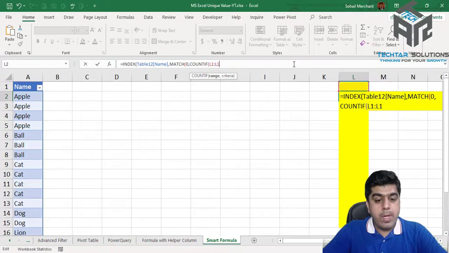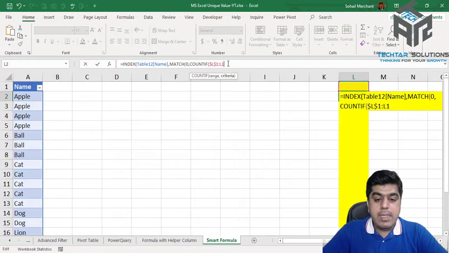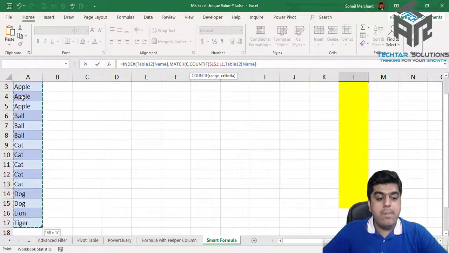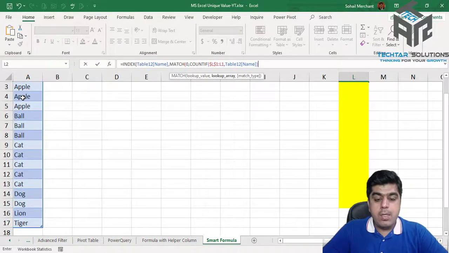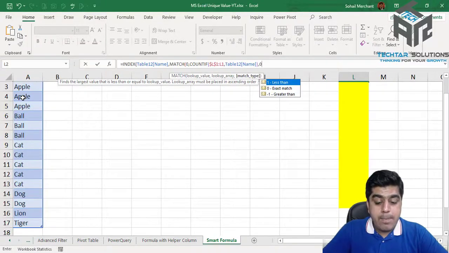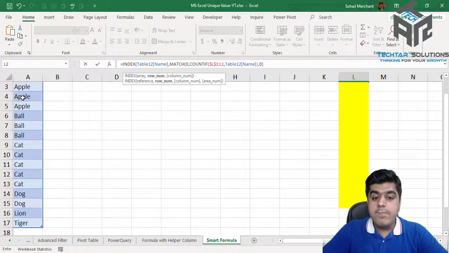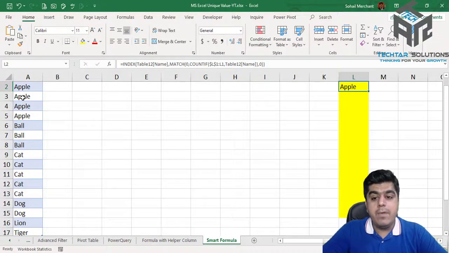colon L1, and the first element of my range, that is L1, I will freeze it. Now for the criteria, it will check all the cells of my table, parenthesis close, comma, 0 because I want an exact match, parenthesis close for MATCH and parenthesis close for INDEX. Press enter and here I have my first unique value. Now let's drag it down